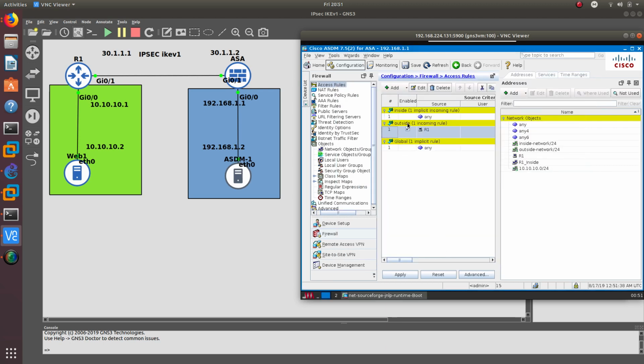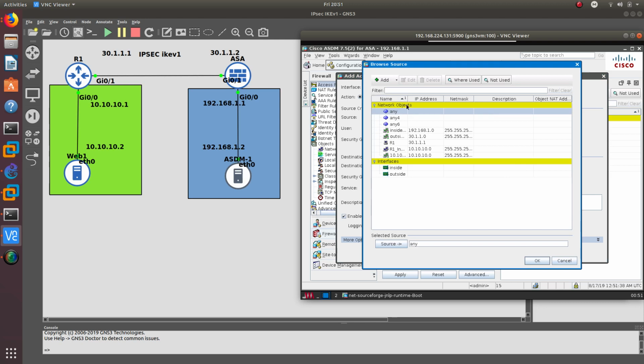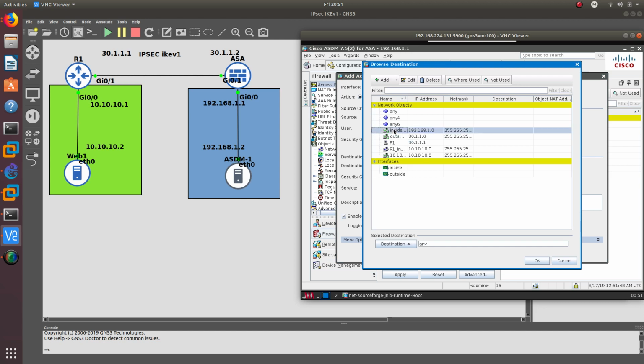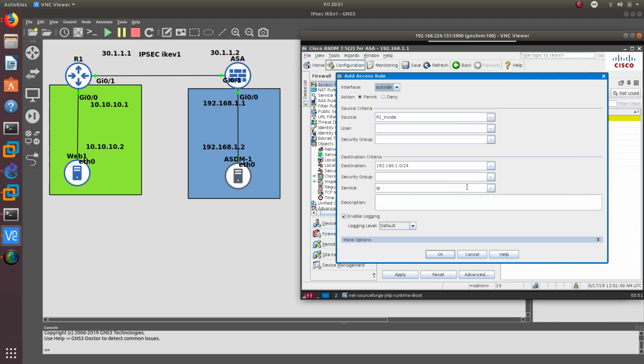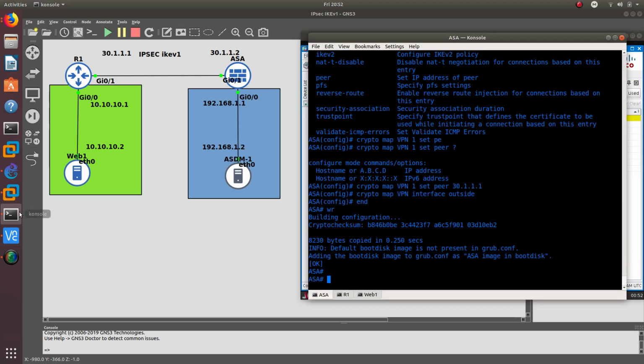Done. And I also want to add another one, which is the router inside, going into the inside network. And I want to allow IP and ICMP. All right, there we go. Apply, send it. So now, if we go into this device and we try to ping